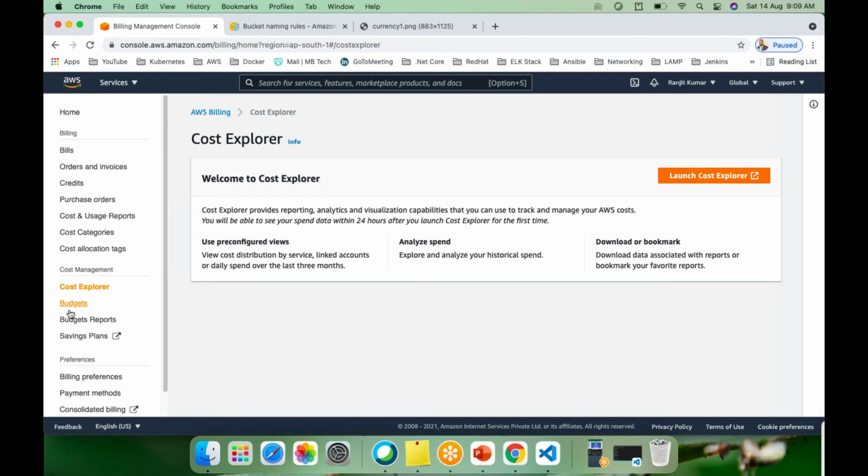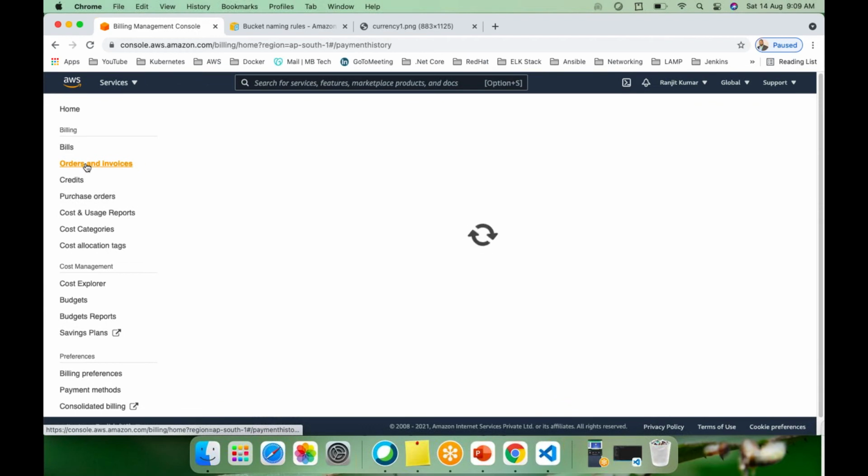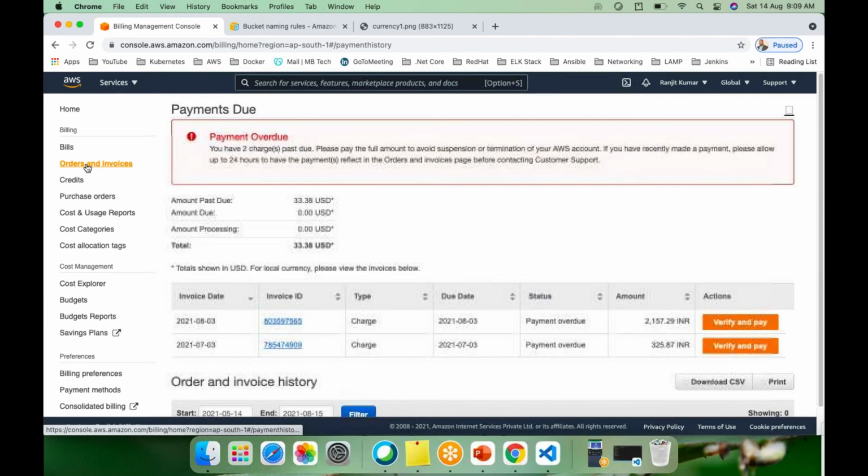Without using the endpoint, if you upload a file, it will upload at, suppose, 60 KB per second or 50 KB per second. But if you use this endpoint, it will upload the file at more than 1 MB per second. It will be faster. Okay, so now you understood, and you can see here I have activated this and I am paying extra for that.